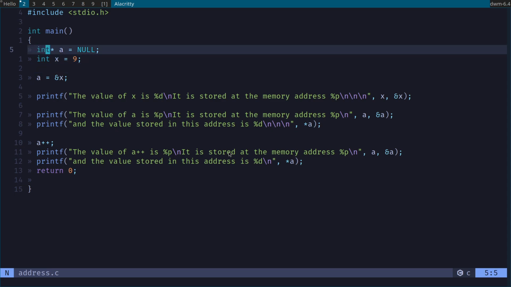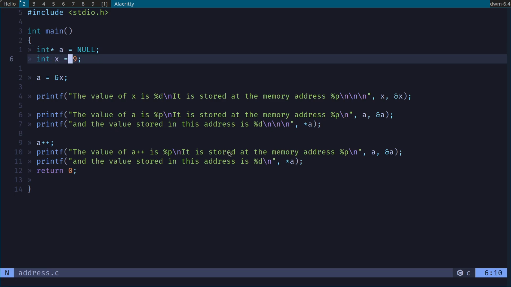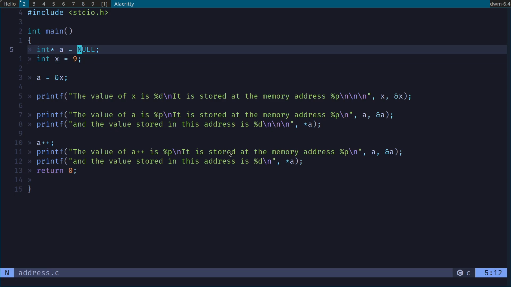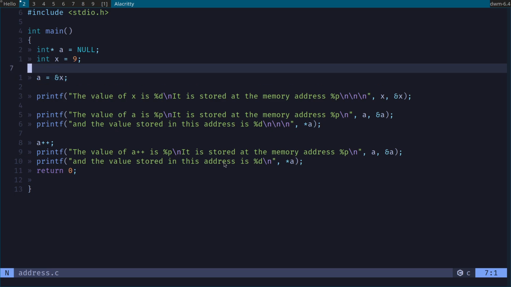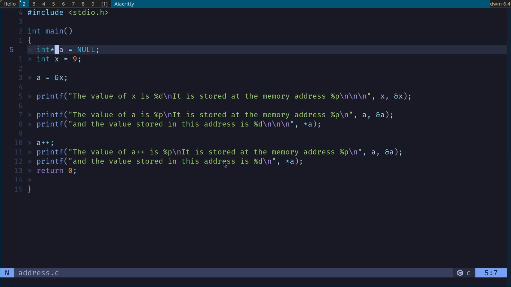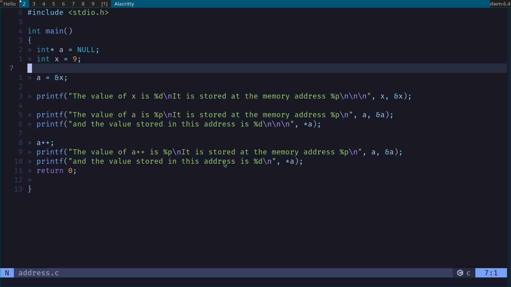For those that don't know, this is a pointer type, pointing to a type of int. That allows me to look into memory and assign addresses in RAM to a variable. Here I'm assigning just a regular old variable x the value 9. Null means that this does not point to anything right now. Now I'm assigning the pointer the address of where x is in memory.